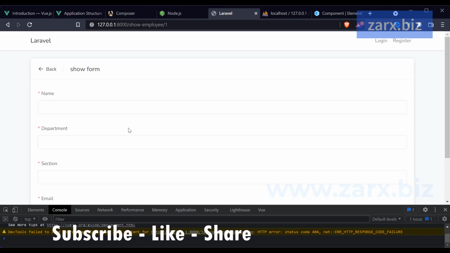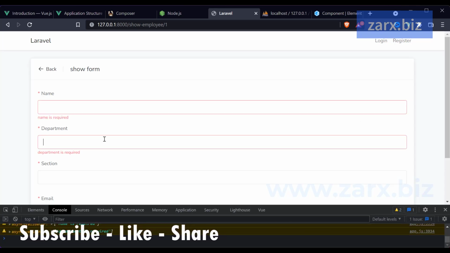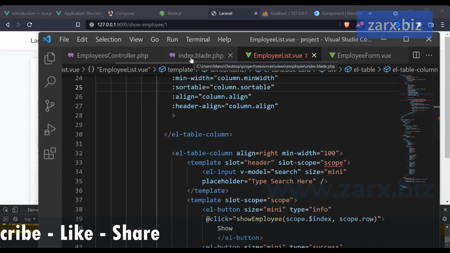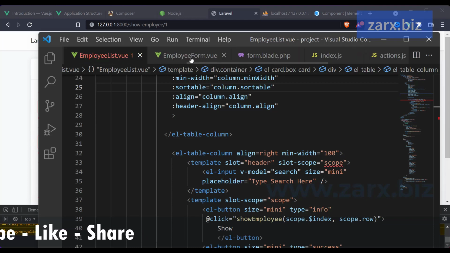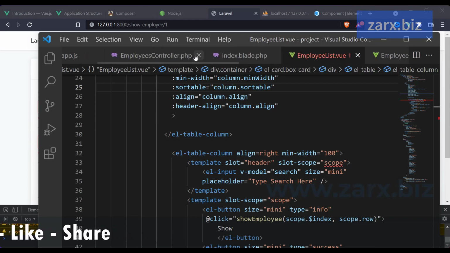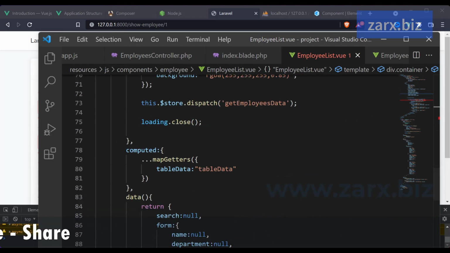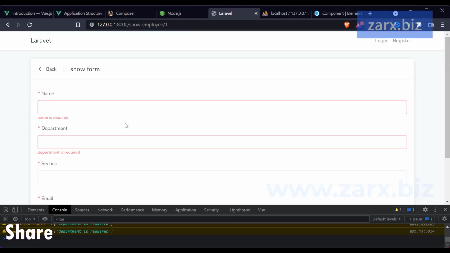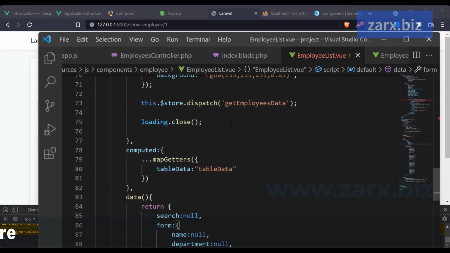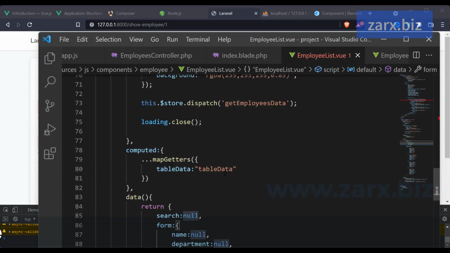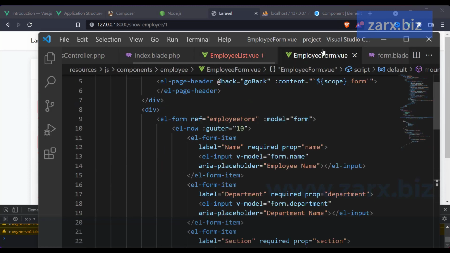So we go to the new page, but we don't have values. Okay, so for this, what we need to do, we need to go back to the function in the employee list here. So here we are not getting the data, and that's why we aren't there. If you notice, the show form is there, so our scope is going to this page, but the data is not going. So for that, what we need to do, we need to go into the employee form, and here